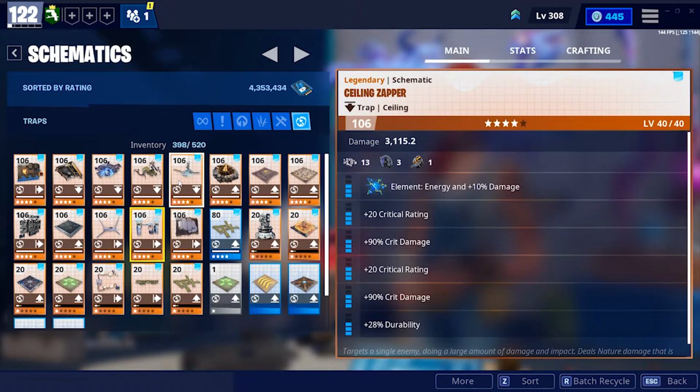Now, electric fields and zappers. I already went over zappers. I don't think they are worth perking up at the moment. Again, I could be completely wrong. I'm not a trap expert again. I don't know,